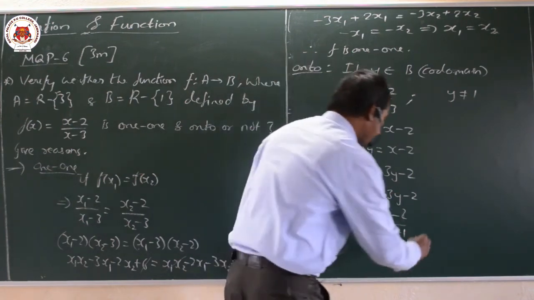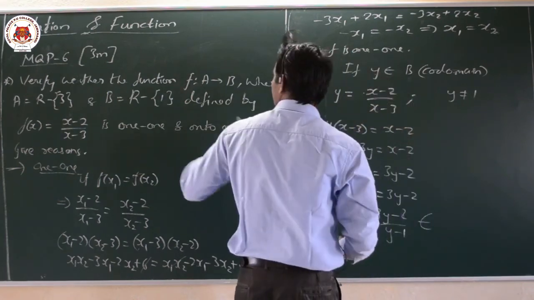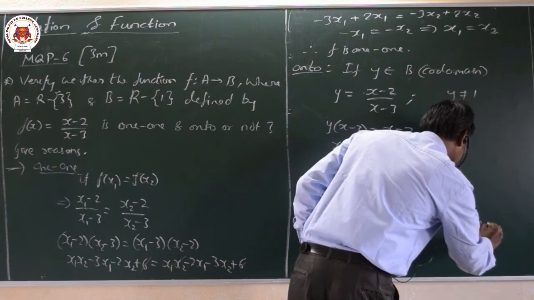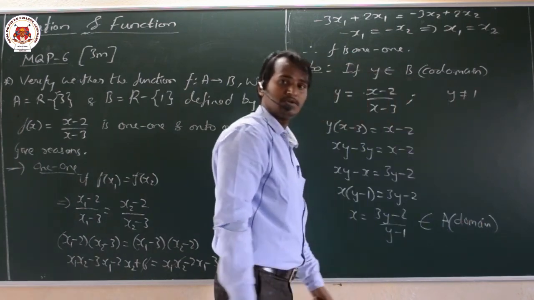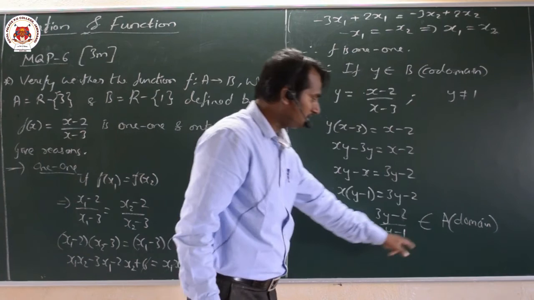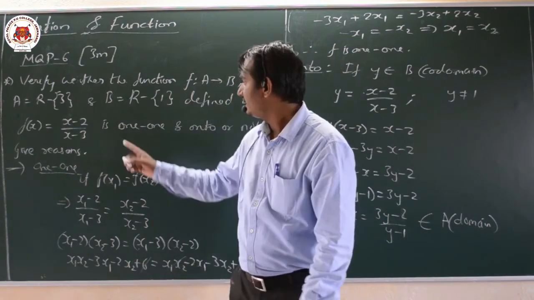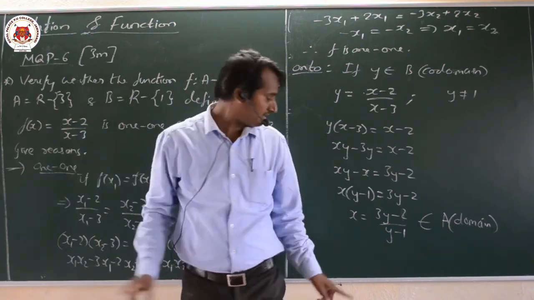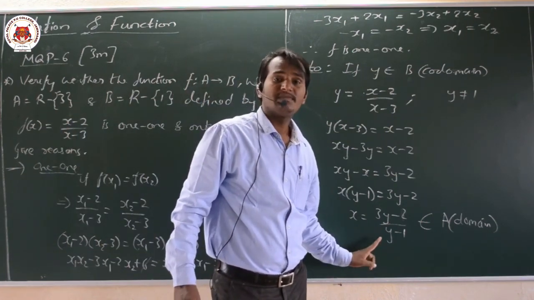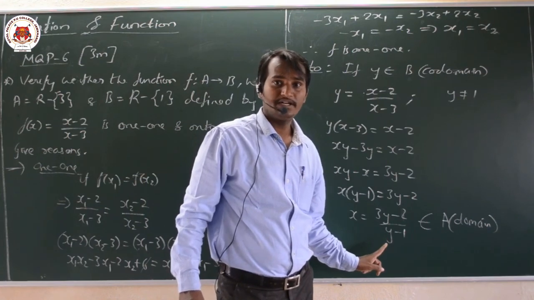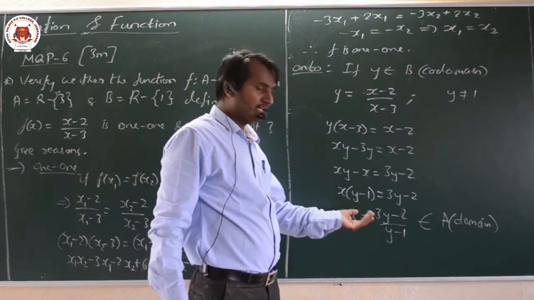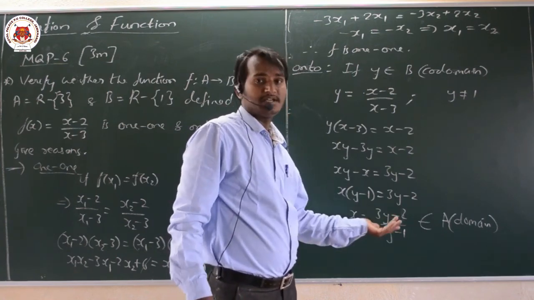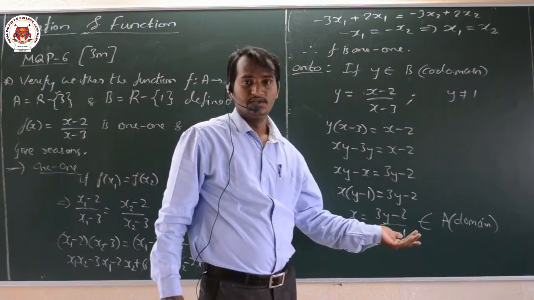So what we can tell here, x belongs to the set A. Set A means here, that is the domain, such that f of x equal to y. And here we can observe that set A is the set of real numbers minus 3. This x value will not take the value minus 3. That also we can verify. How? Because you can put any values here. If you take x equal to 3 here and substitute it, you will get some other value. That way also you can verify it.